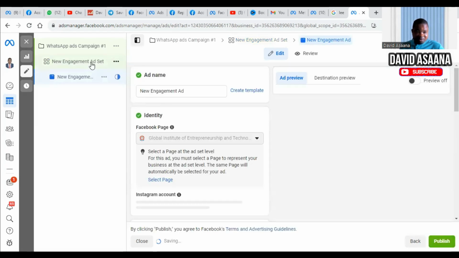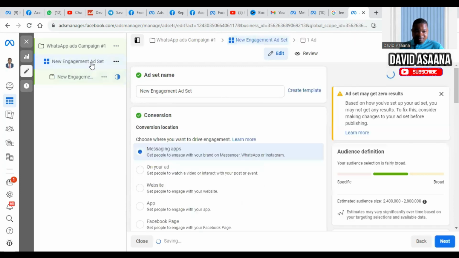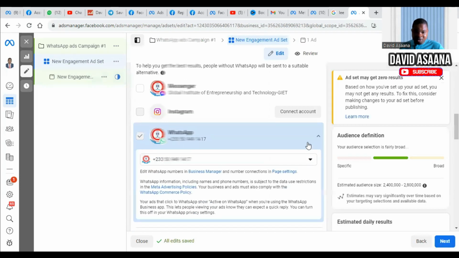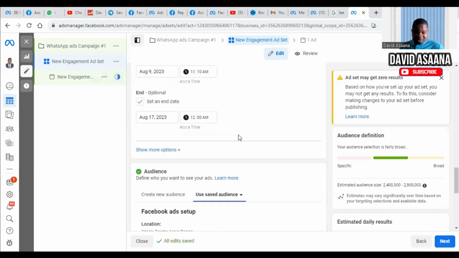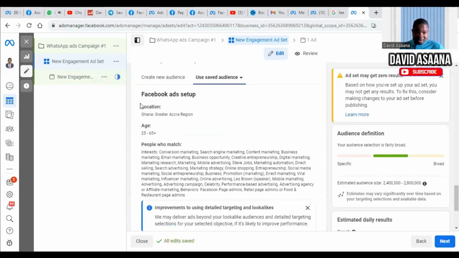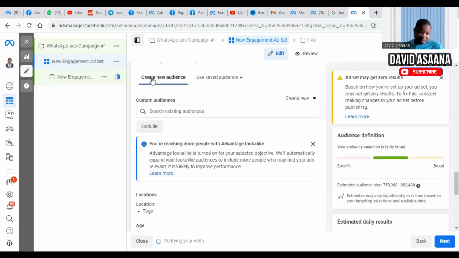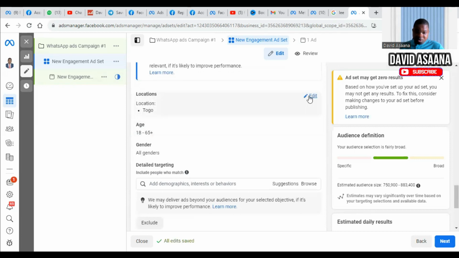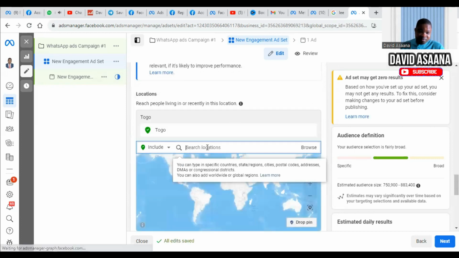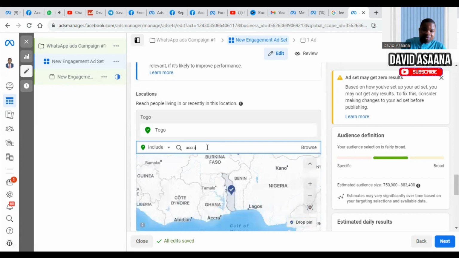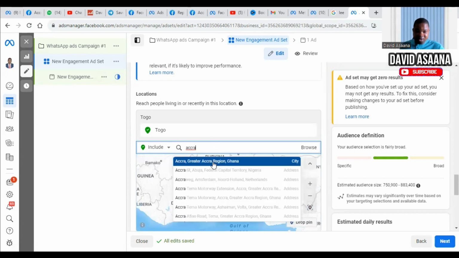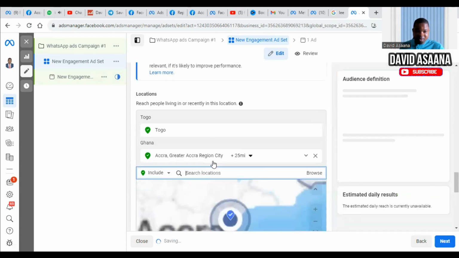In fact, the audience. So if you haven't set an audience before, this is how to do it. So when you come, I already have an audience. So if you don't have, you just need to click. It should be on create new audience. So you choose your location, for example. So if I want to choose Accra, Ghana, then from there,